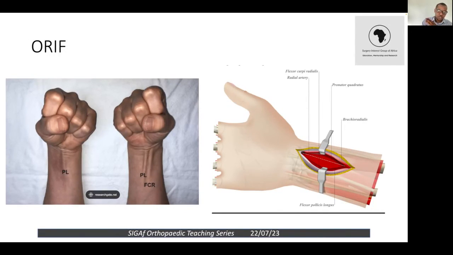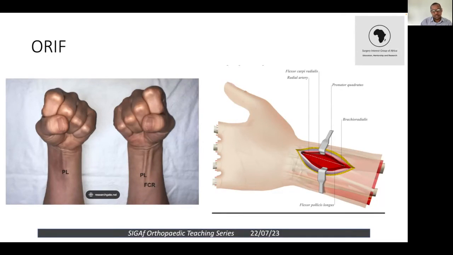You want to do this with an upper tourniquet to avoid any blood flow. But again, different surgeons prefer different things. Some surgeons don't use a tourniquet, but I prefer using a tourniquet because it gives you good access and you can see the surgical field much more clearly. Once you've made a longitudinal incision just about there,